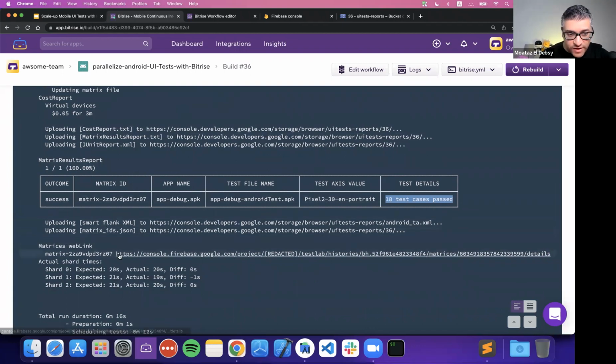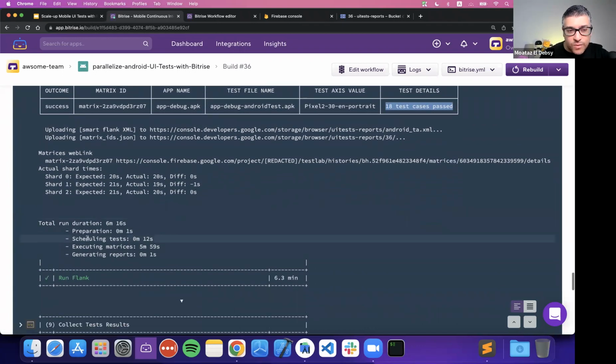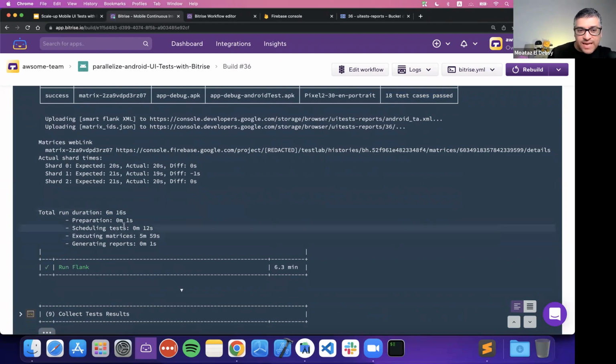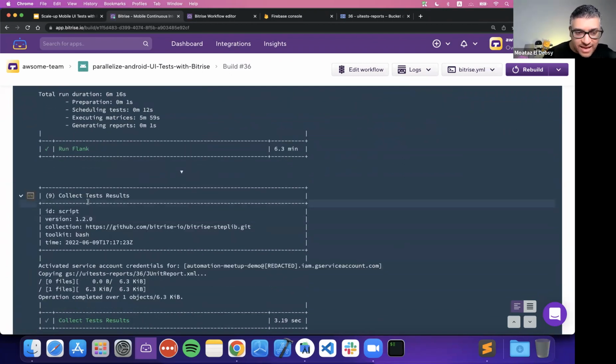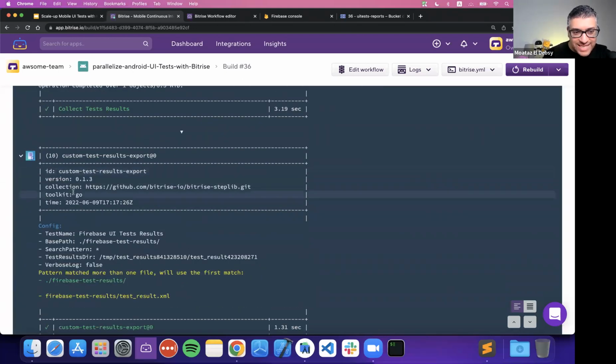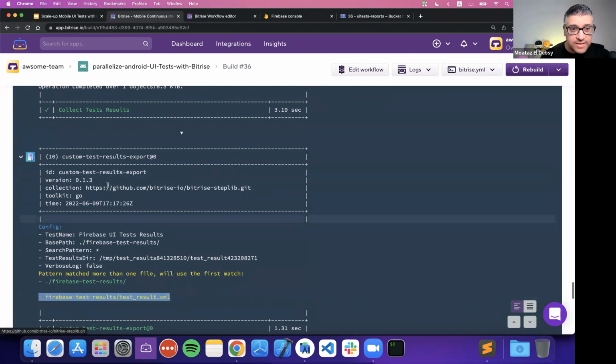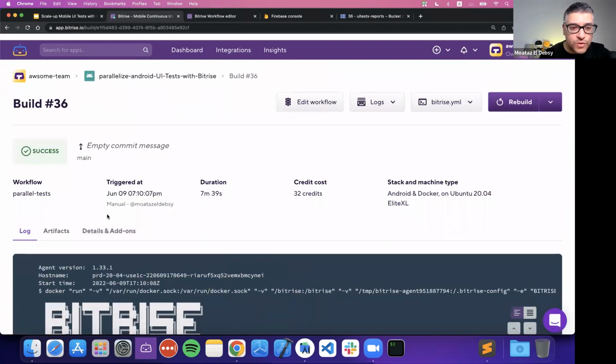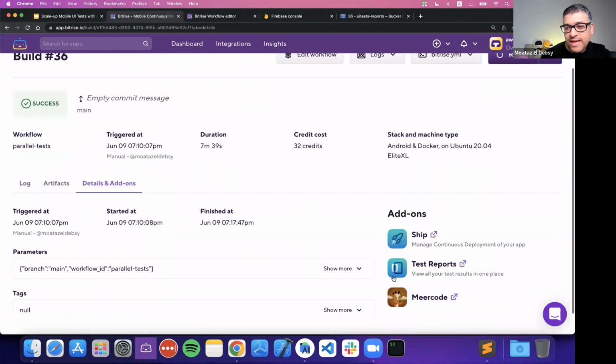We are uploading the Smart Flank as well, and the total run is 6 minutes, and we collected the test result. So for example, here we are copying from the GC cloud bucket, and we copied one file, and we also send this file to the test result to be able to go to the add-on and select the test report